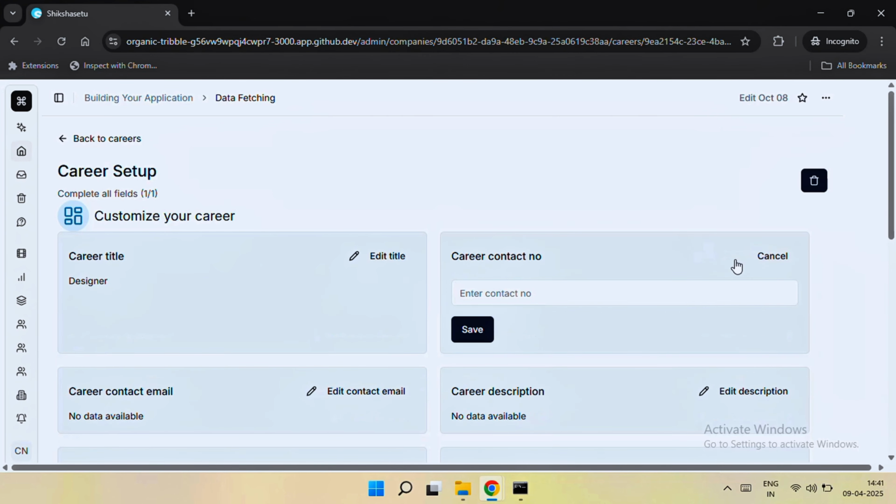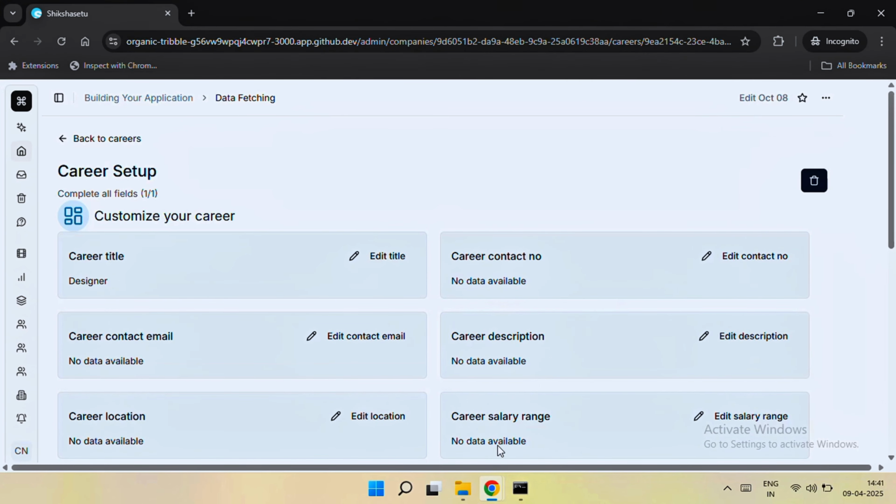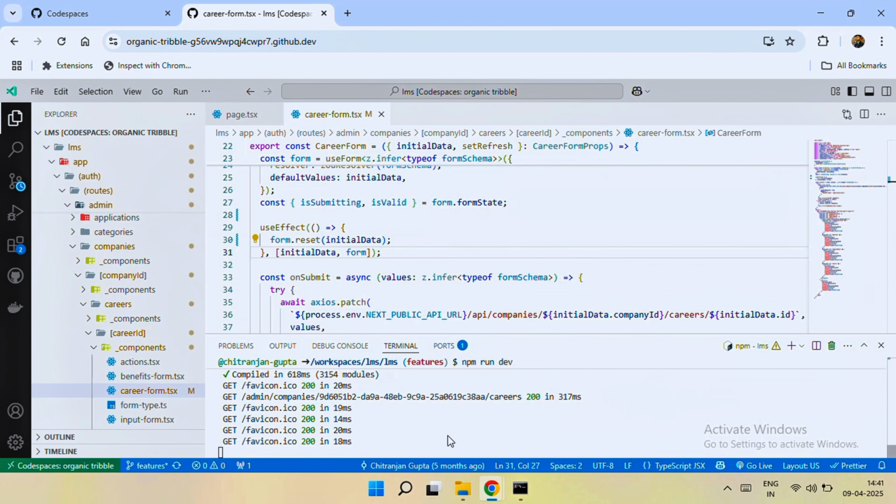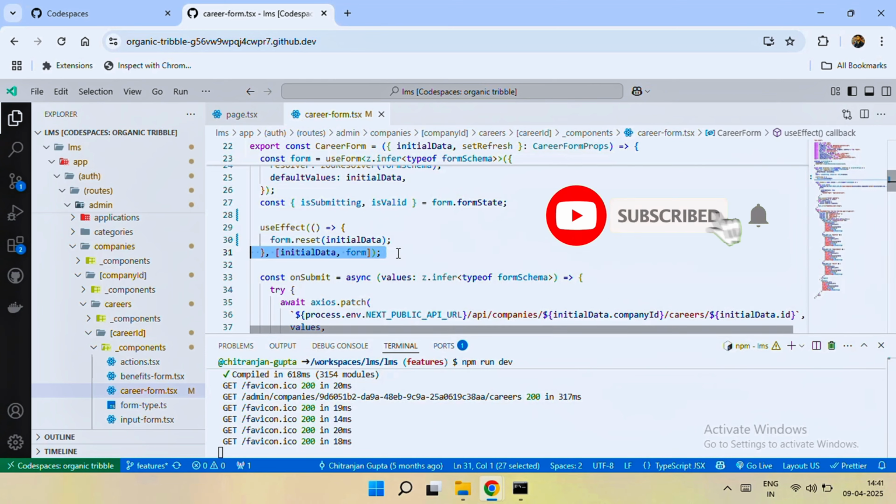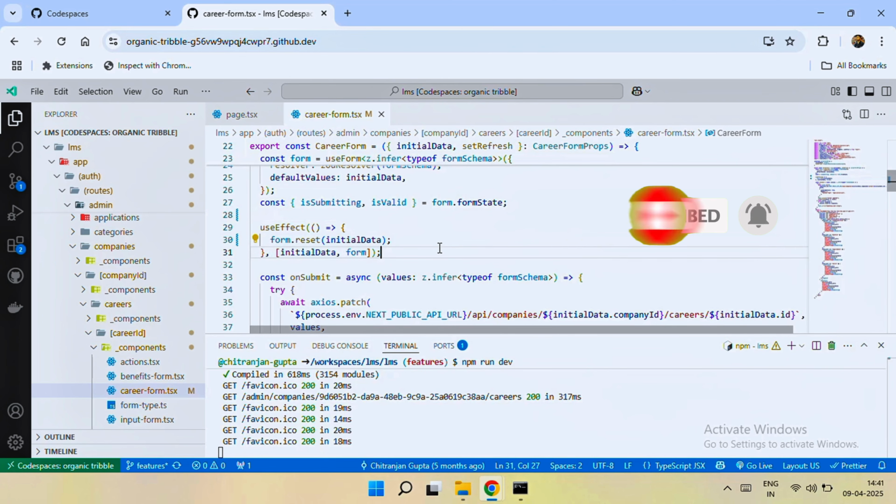as you can see, now it is working fine, where previously it was showing the contact number of the first career. This is the problem we have fixed using the useEffect. So to fix the React Hook Form default values problem, use this